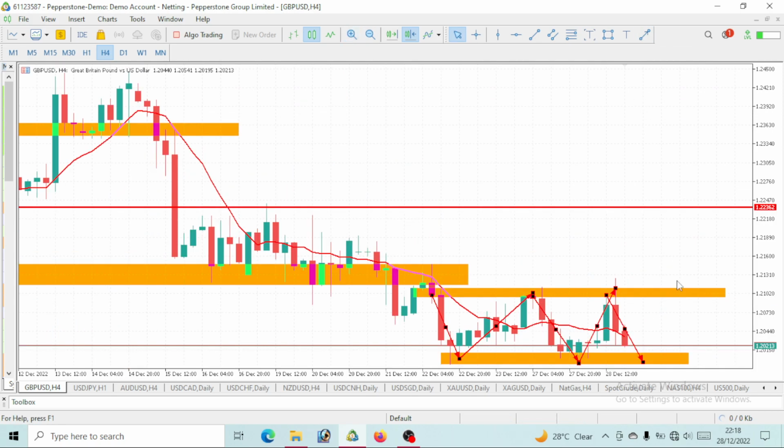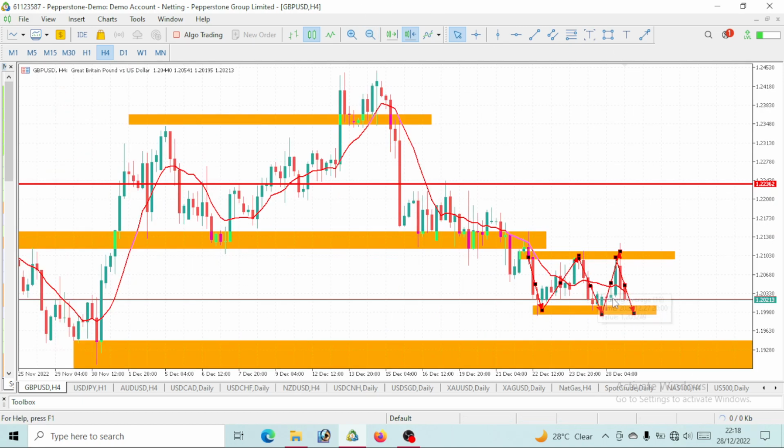So I believe the next day, if price does not break this support level on the 4-hour time frame, then we see it actually roll up to this resistance level again, and again it will drop. But in case price breaks this support level, then we have to go ahead to a level of, let's say,